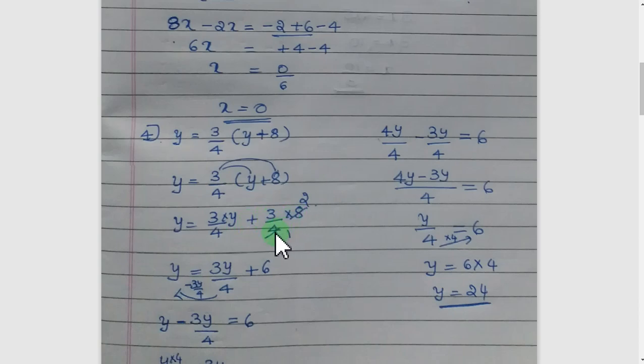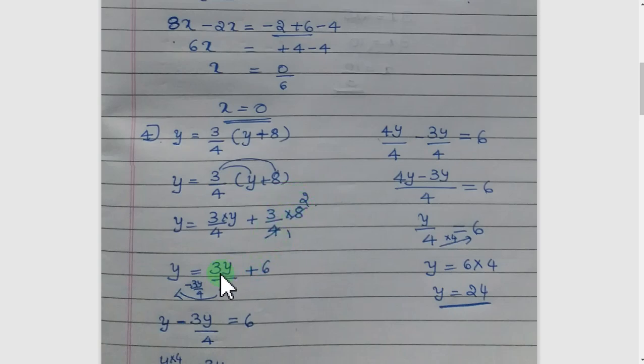Now here we can simplify, 4 ones are 4, twos are 8. This way simplification is not possible, the plus sign comes in between these two. The multiplication sign you can simplify. Here cancellation is not possible. So 3 into y is 3y by 4 plus, here remained 3 into 2, 6.